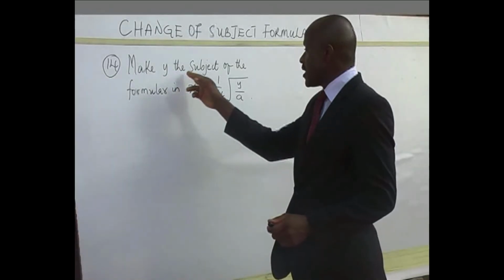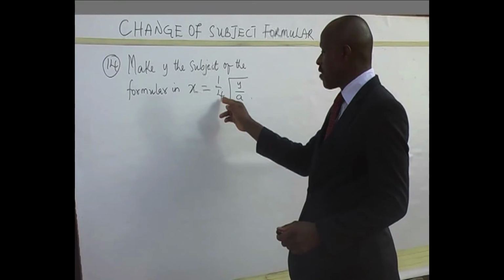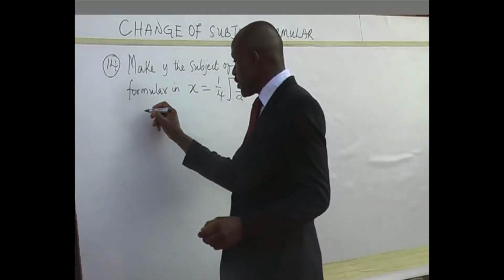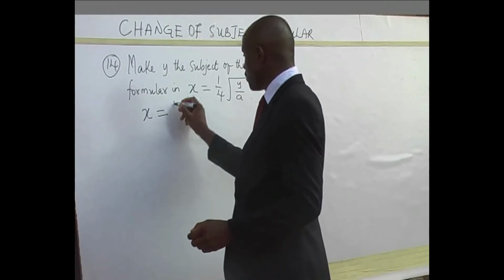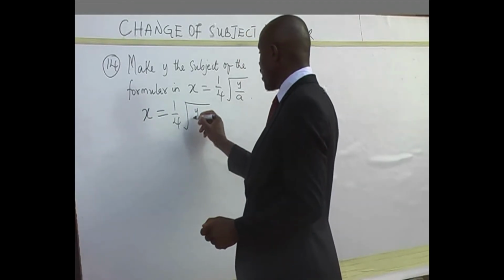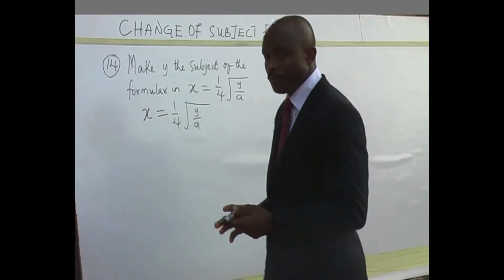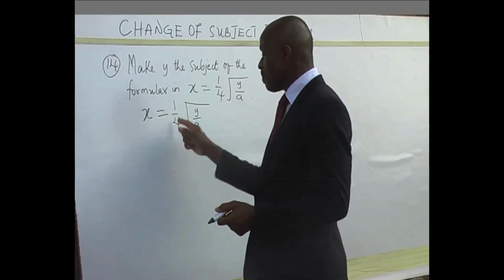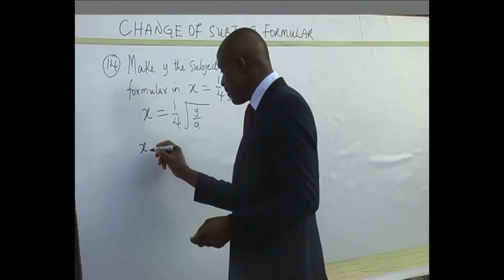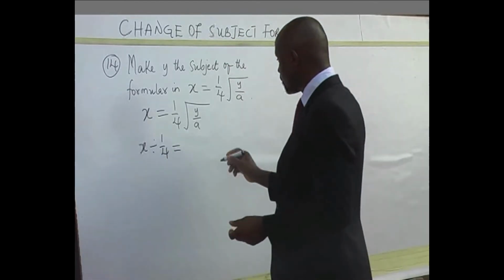Make y the subject of the formula in x is equal to 1 over 4 of the square root of y all over a. Bring out the equation. You have x is equal to 1 over 4 of the square root of y all over a. The first thing you do here is you divide both sides of the equation by 1/4. The left-hand side, you have x divided by 1 over 4, which will now be equal to